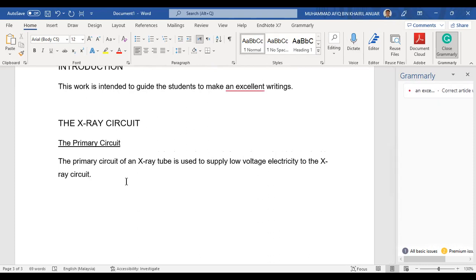For example, you have this book, The Essential Physics of Medical Imaging. So you refer to this book and you want to cite it. You want to put this book as a reference for your work. How to do that? You just need to